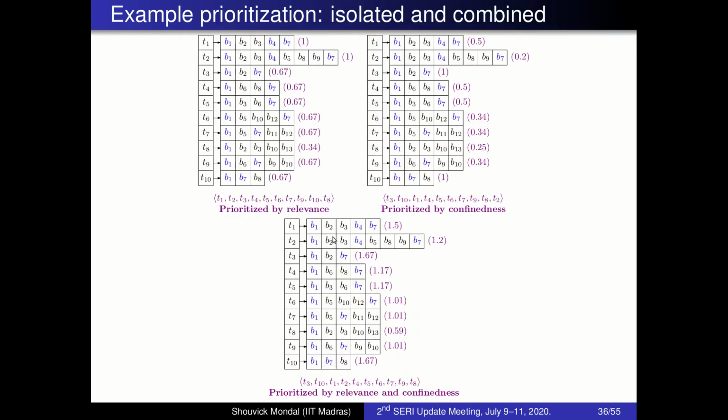So bringing it together, we see that what relevance can't do is done by confinedness, and the other way round, what confinedness can't do is done by relevance. Sometimes ties in relevance are broken by confinedness. So to bring both of them together, we perform relevance and confinedness. Now the AND here is the plus operator. We did not use multiplication here because confinedness and relevance are independent: relevance doesn't depend on confinedness and confinedness doesn't depend on relevance.